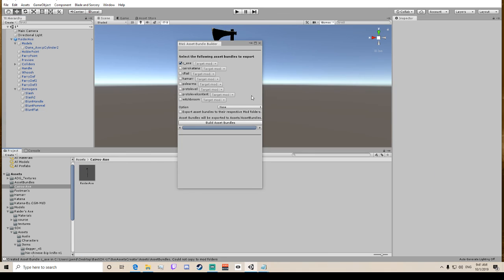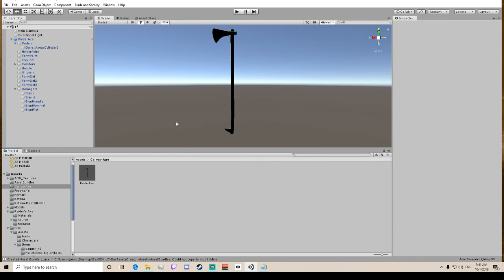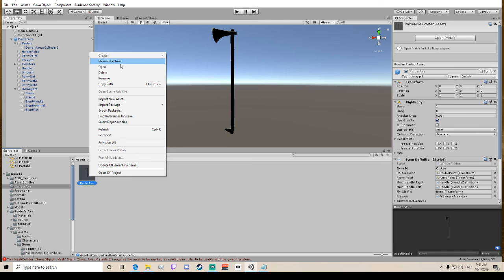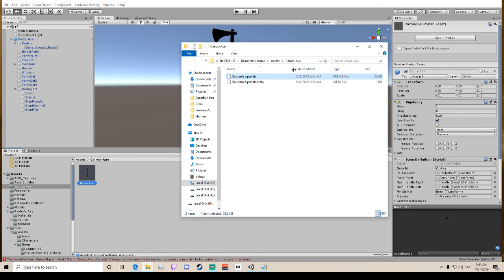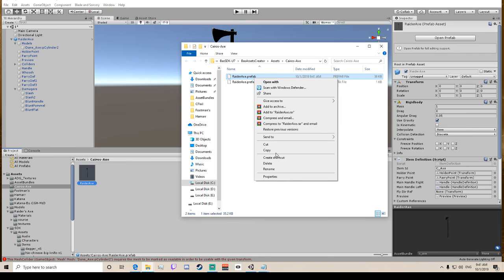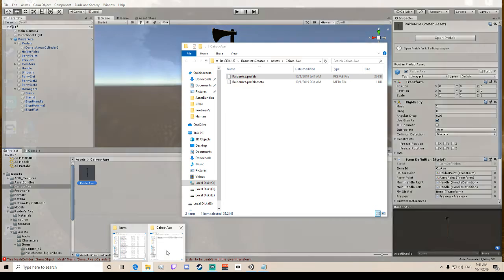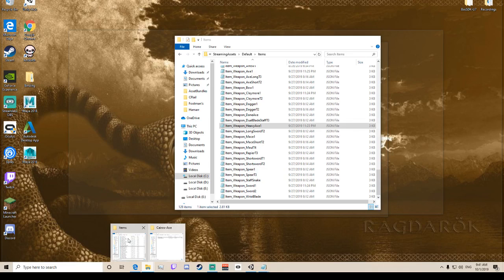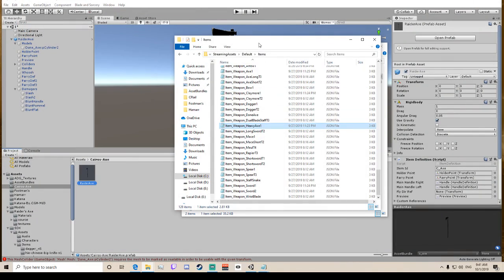I'll explain where you'll find all this stuff right now, actually. So now that this should be done, you're going to close it. You're going to right click, show and explore. You're going to... I never know if the prefab is needed, so I always just throw it in there. I don't think it's needed, but I throw it in there because